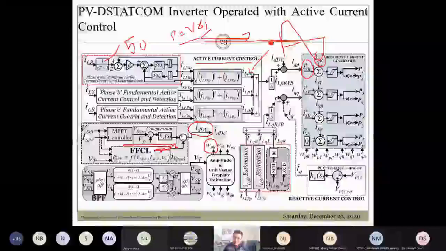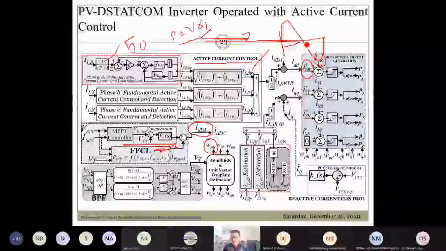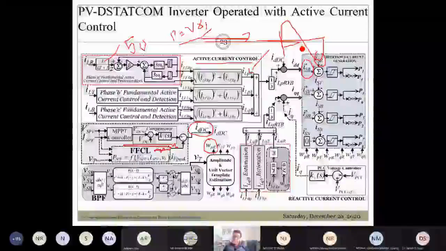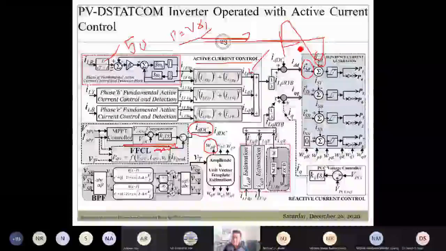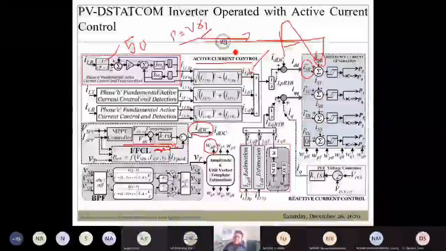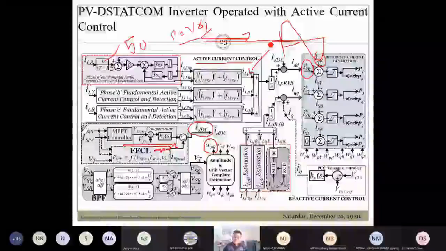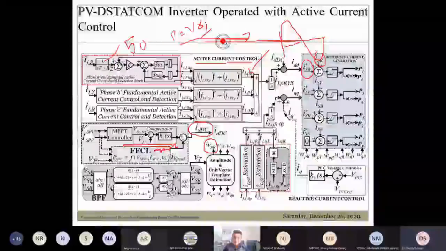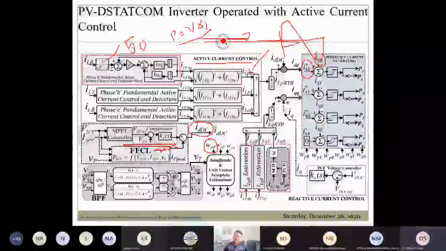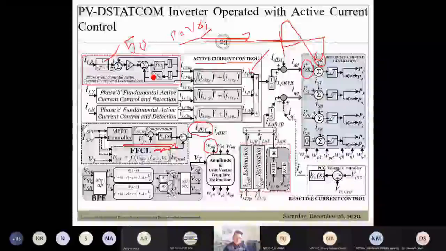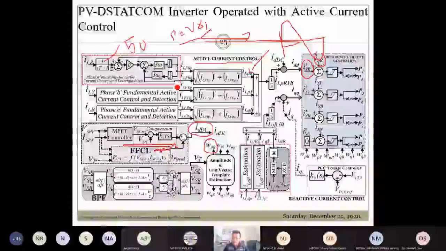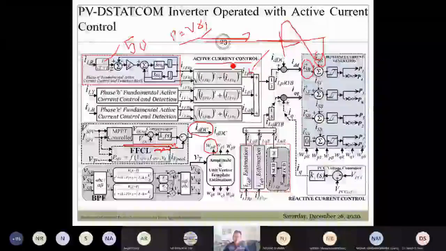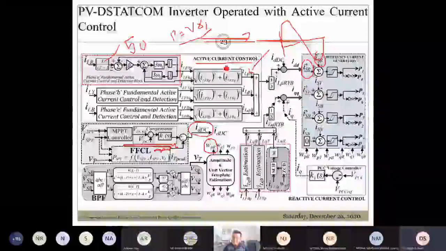Inverters are there, but you still have the synchronous generator. So if there is a sudden transition, if the load is increased by let's say 10% or 20%, the utility grid will provide the additional power to the load. But if you want these inverters to provide the additional power, you cannot ask the PV source to generate more active power because that is not possible.